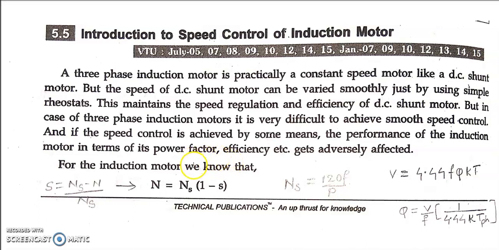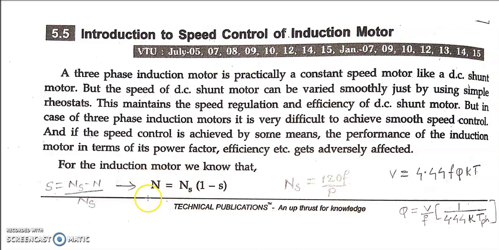Okay, so we know that for any induction motor, the slip formula is s equal to (ns minus n) divided by ns. You can write this formula in terms of this also. And we can see n is what? Speed of the rotor, actual speed, and ns is what? Speed of the RMF, which is present in the stator, and s is the slip. Slip is what? Difference of synchronous speed and the actual speed.